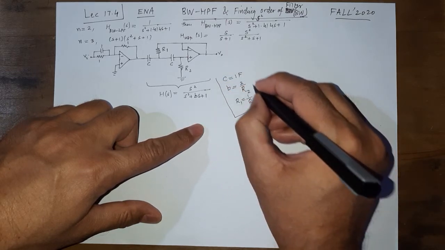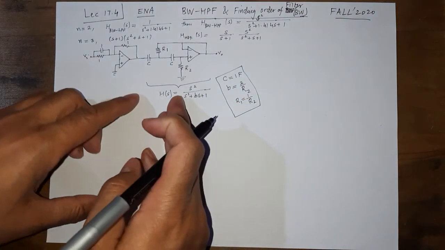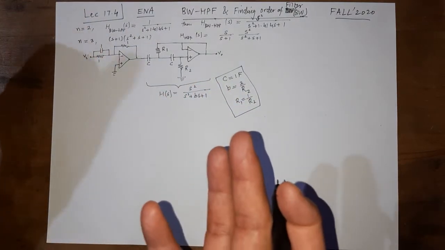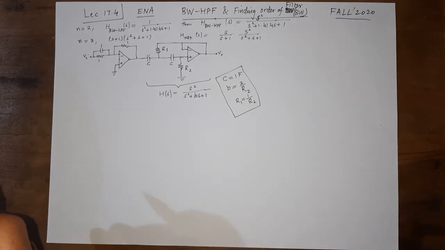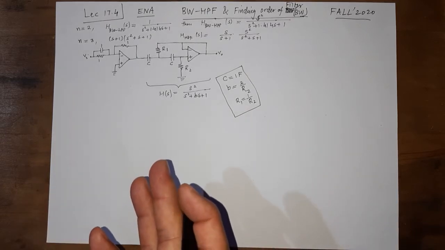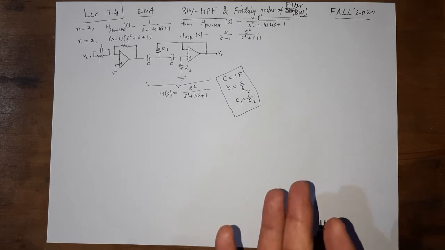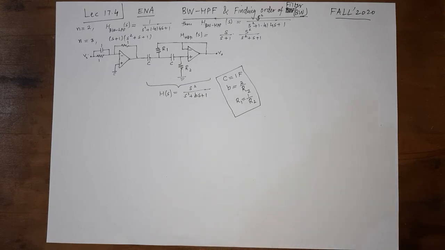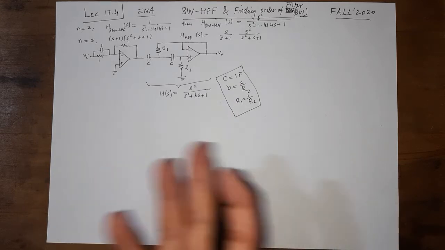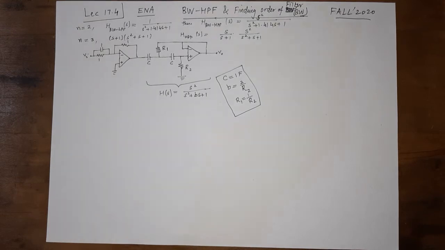So with these three things and this knowledge, that's it. We know how to design a high pass Butterworth filter. It's so simple. It's not even 2 or 3 minutes, and we have covered the high pass filter case. I am not even going to give you an example, because if you can do the problem and have understood what I have done for the Butterworth low pass filter, then this is a very simple extension, and you can fairly easily understand how to do it.